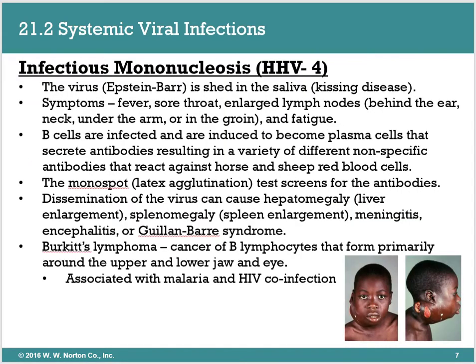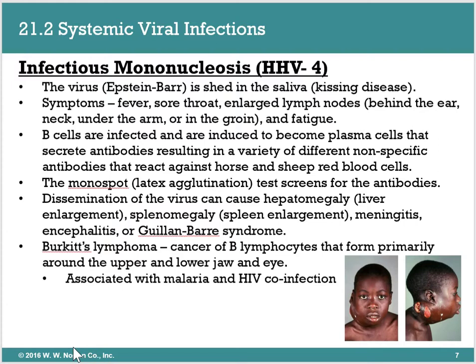So let's talk about the previous infection that I mentioned, infectious mononucleosis, specifically the Epstein-Barr disease. This is also known as the kissing disease. The primary symptoms are a high fever, swollen neck, and enlarged lymph nodes, primarily in the neck region, as well as in the armpit or groin area, and then severe fatigue. As you can see in the picture below, these are lymph nodes that are severely enlarged